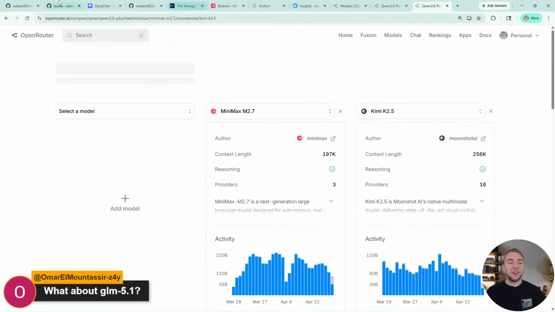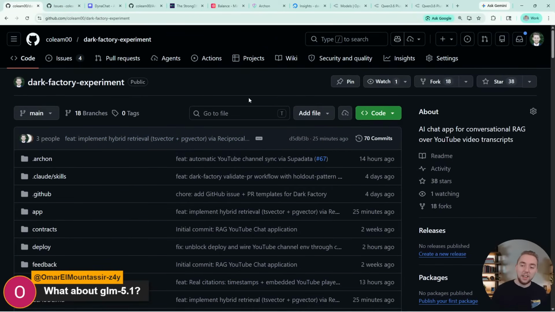This is yet another reason I'm excited for the Dark Factory, because not only does it allow me to test what it looks like to have an agent manage a code base entirely, but it's also a way for me to do a lot of real testing with open source models or just non-frontier models. Because yeah, you can just swap your Claude Code to use GLM or Qwen 3.6 or whatever, but if you don't have a real project to work on and these full workflows where you're testing something end to end, you're not really testing the model.